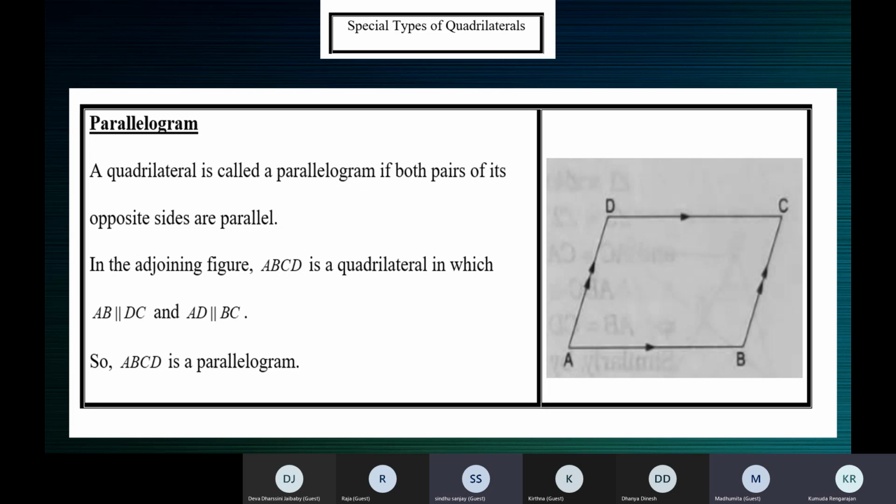10 centimeters, ma'am. We are talking about the sides, children, not angles. Adjacent angles add to 180, adjacent sides don't add to 180, children. Sometimes you tend to get confused. So AB plus BC is equal to 180 makes no sense. Adjacent angles are supplementary. Sometimes we mix up the sides and say AB plus BC is equal to 180. That makes no sense.